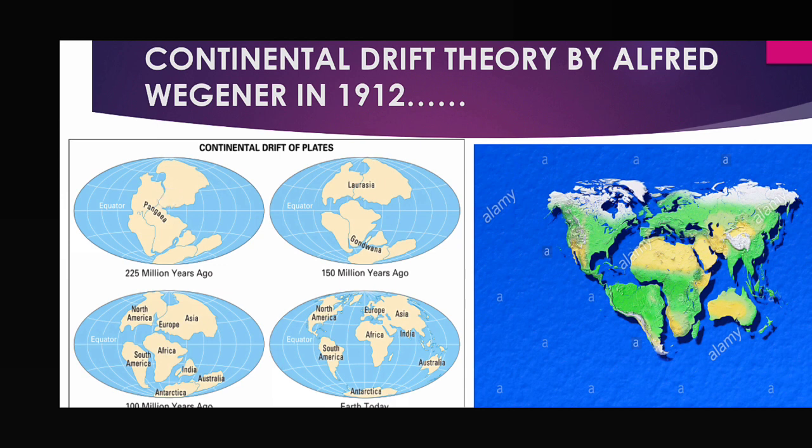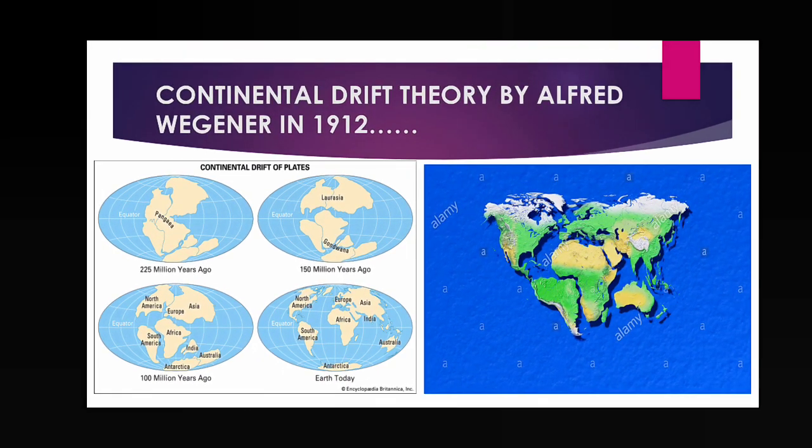So this difference we have to find out. How is it possible that 2 to 5 million years ago, or it may be 250 million years ago, there was only one continent, and around this continent only one ocean, and now in today's Earth there are 7 continents and 5 oceans? How is it possible that this one continent divided into 7, and this one ocean divided into 5 oceans? Let us find out. Take a look, in this first diagram all the continents remained together and formed a supercontinent. What is the name given to this supercontinent? Pangaea.